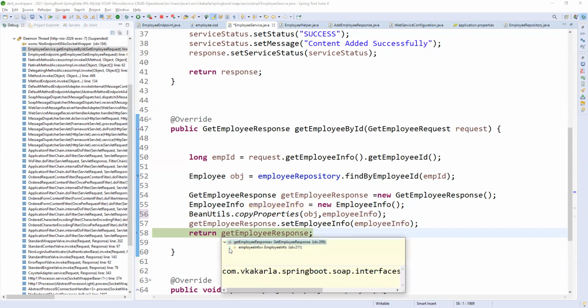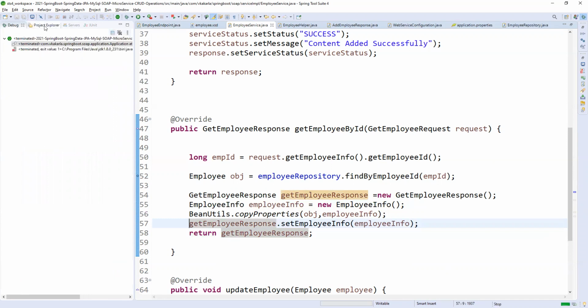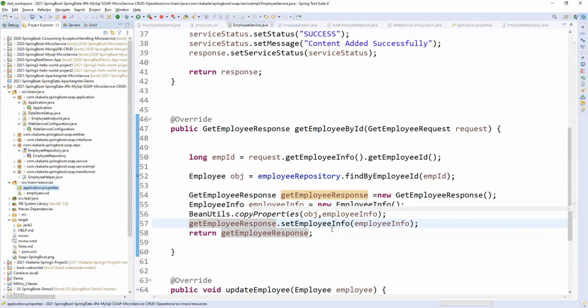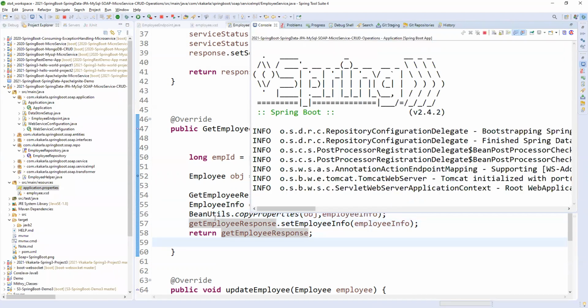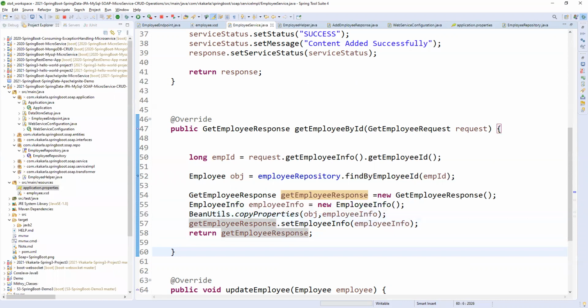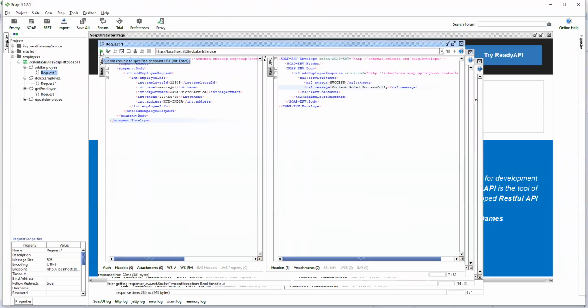Now it is having employee info. Yeah, I need to rerun again. Fine. This is what we need to know while debugging, where we made mistakes. We need to give the source object first. The source object always has the data, and the target object receives the copy of the data. So again I need to run and add the details, because after running the application the data will be dropped, right?